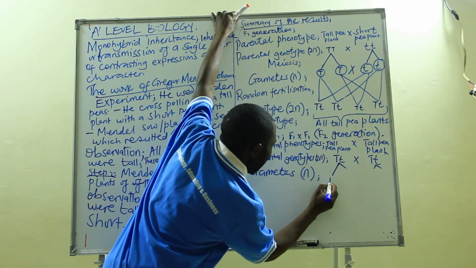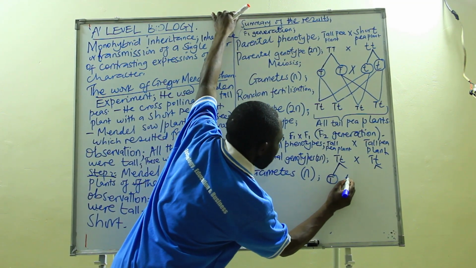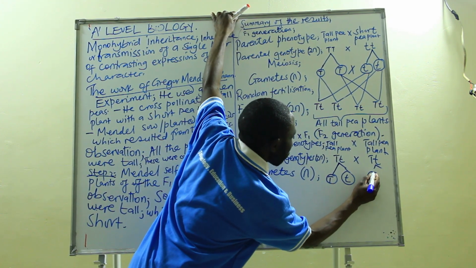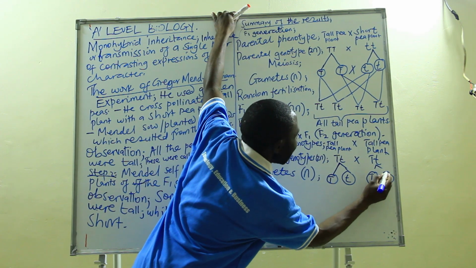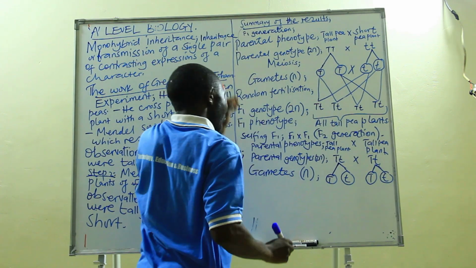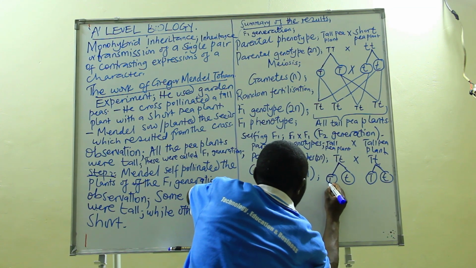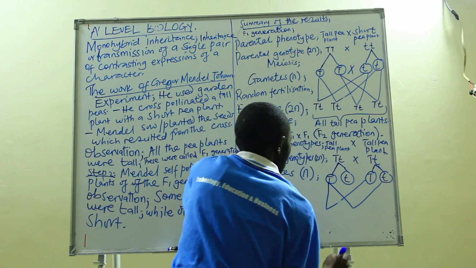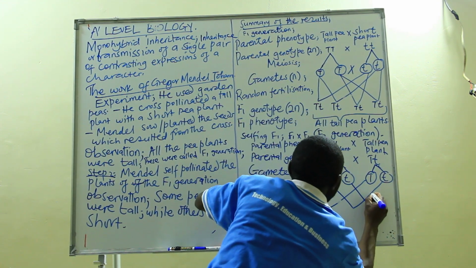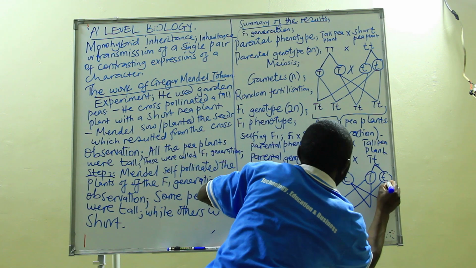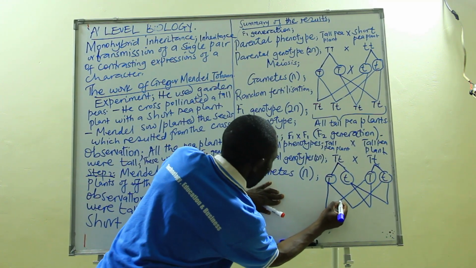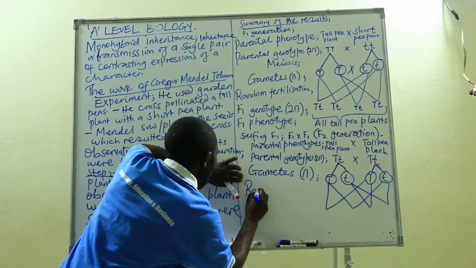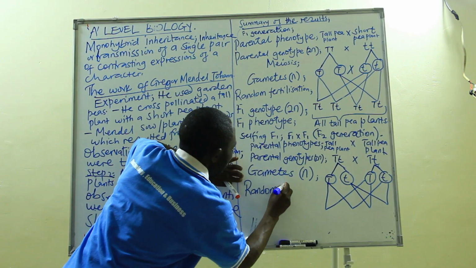The same, they undergo segregation. I showed here. I want to make perfect crosses. So this is T. So I can now cross perfectly. I showed here. Then this one will cross with this. Also with this one here. I showed on the board. So also this one happens during random fertilization,